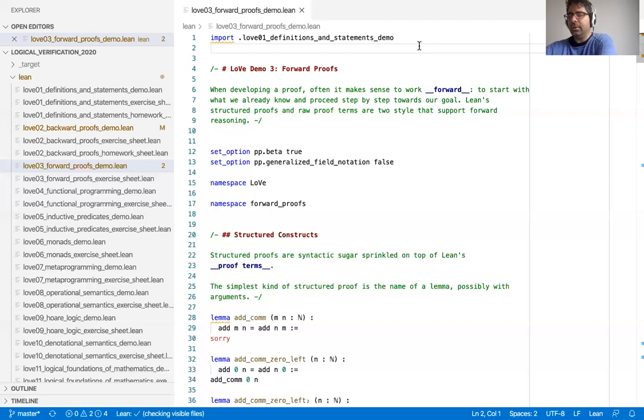And although backward proofs, the tactical proofs we saw last time, tend to be easier to find, either by computer or even by humans, forward proofs have the advantage that you can impose some structure. If you have a good understanding of what you're doing, then you might want to go forward. So in particular,